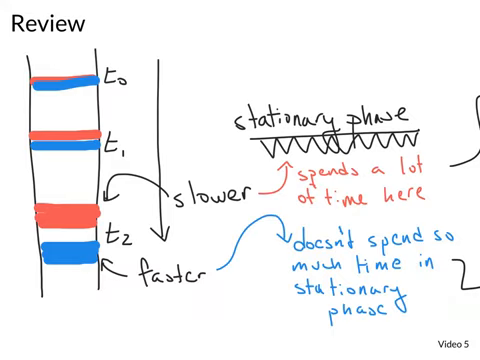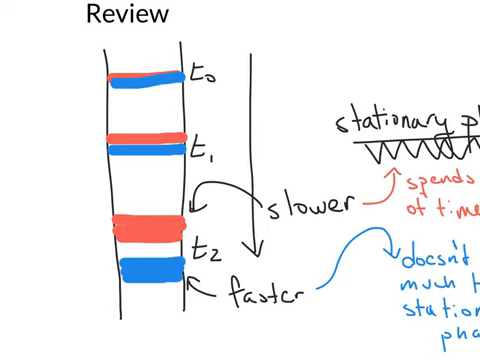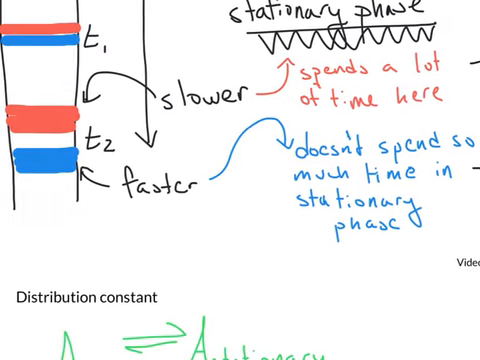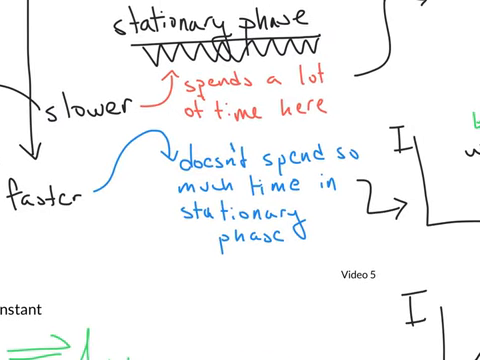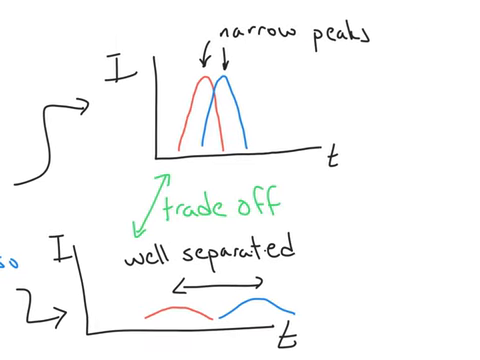Let's do a flash review. We start with a column. The slower things are interacting more with the stationary phase, while the faster things don't spend as much time with the stationary phase. As these are separated and they go down the column, you can either stop the separation early